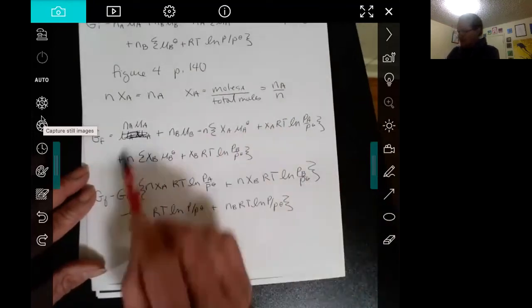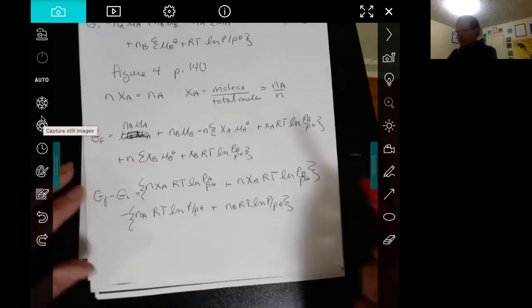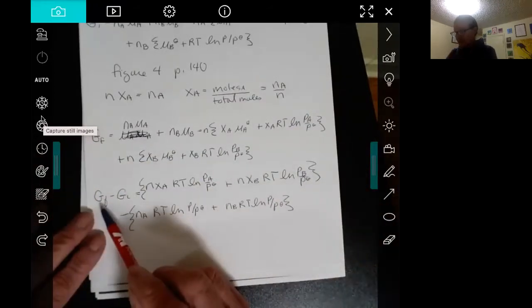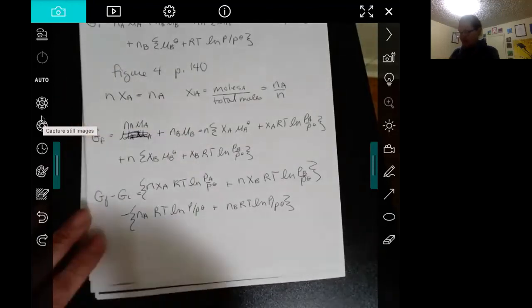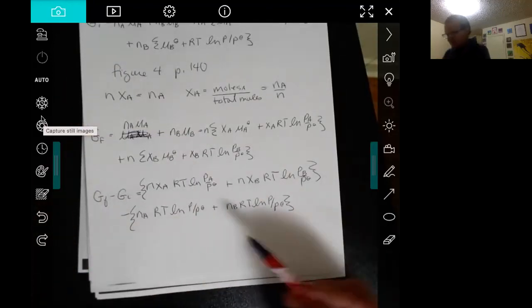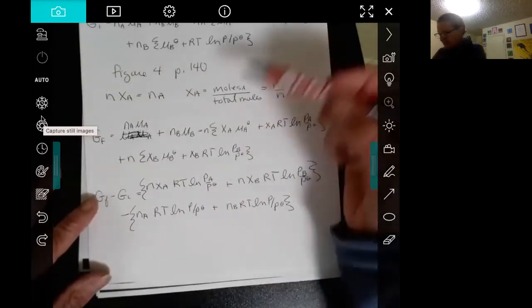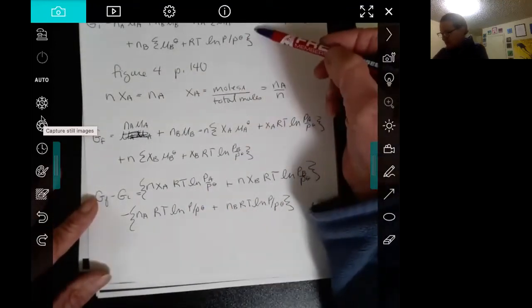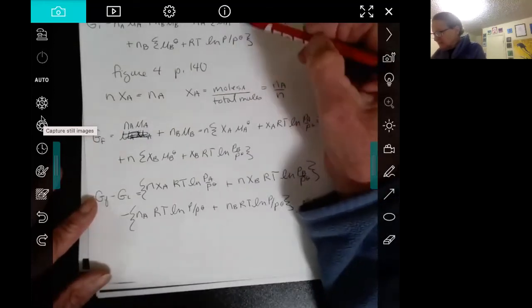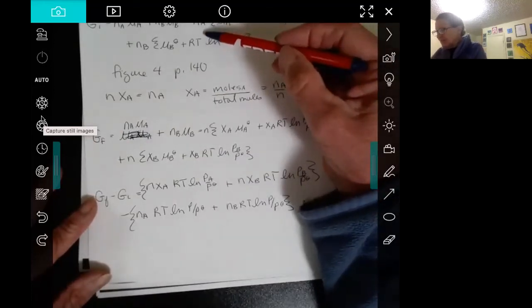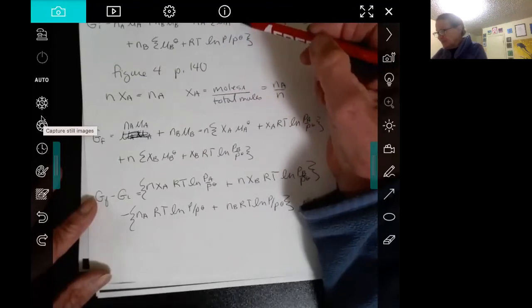So this is the chemical potential when they're mixed. If we take the final minus the initial, that's going to be the delta G for mixing. And so I'm going to take this equation and subtract this one. First thing you'll notice is that these standard state terms go away because Na times mu A standard state is